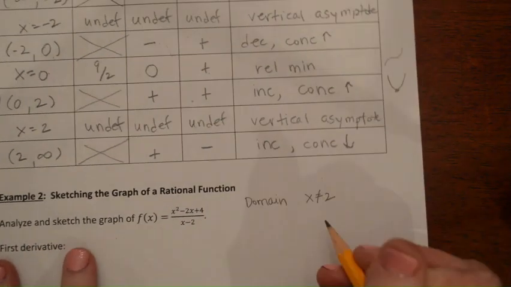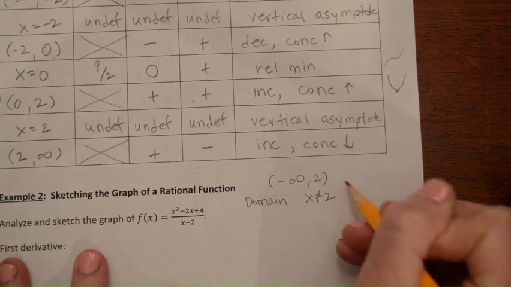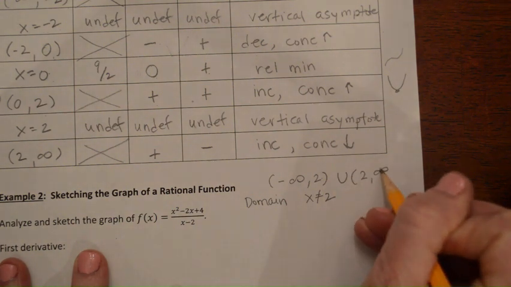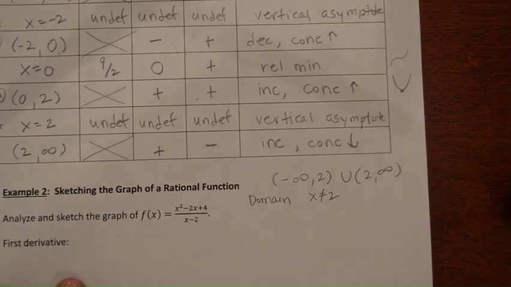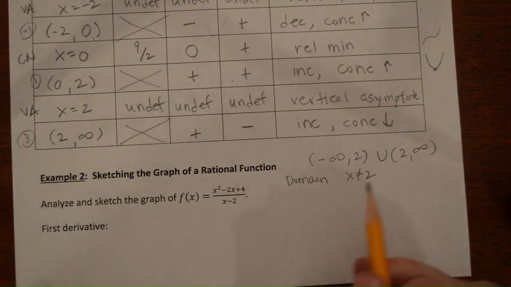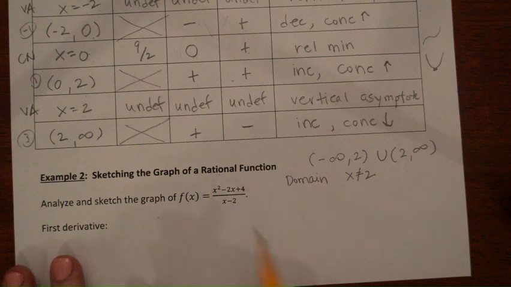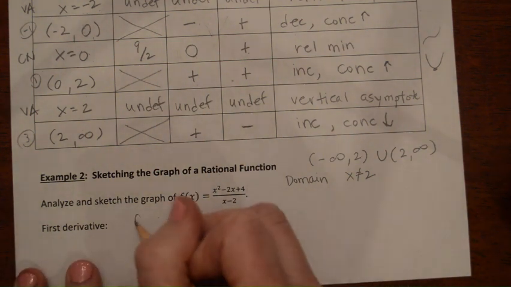Right, and again, if we were to write that in interval notation, we have negative infinity to 2, together with 2 to infinity, but just not 2. Okay, so that'll help us as we go to find the critical numbers and the potential points of inflection that we'll know not to include 2 in there, even if it shows up as a critical number. Okay, first derivative, quotient rule, so f prime of x,